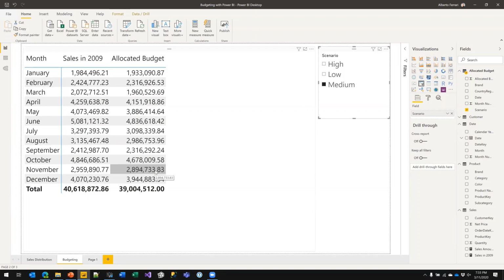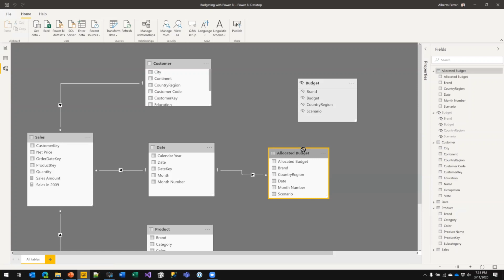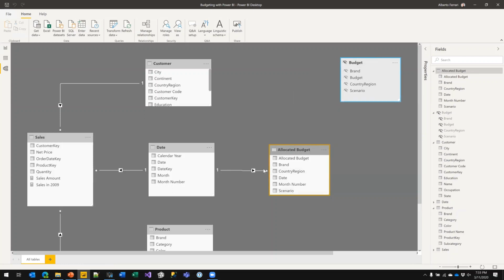So, what we have seen so far is how to create a calculated table that statically allocates the budget based on the sales in the previous year, increasing the granularity and building the relationship, which is good enough because it gives me a way of allocating the budget in a static way.